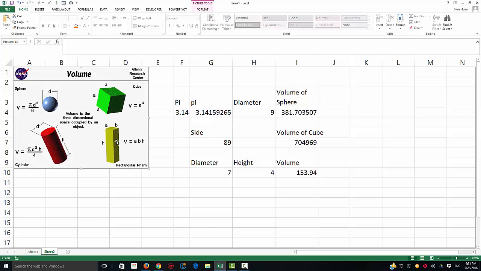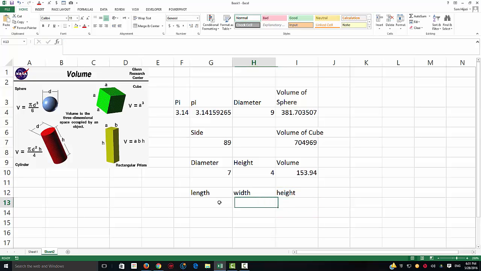which is, here we go, it's just one here in the lower right corner of this shape or picture from NASA. And we're going to go ahead and have a, which is length. Let's go ahead and put the whole word. I like more meaningful words when I do this, length with height. And let's assume I'm making up those values, 5, 8, and 9. And we're going to go ahead and get the volume of rectangular